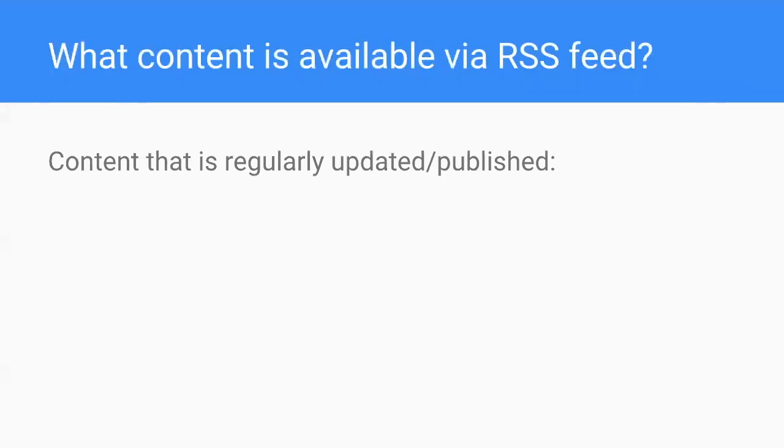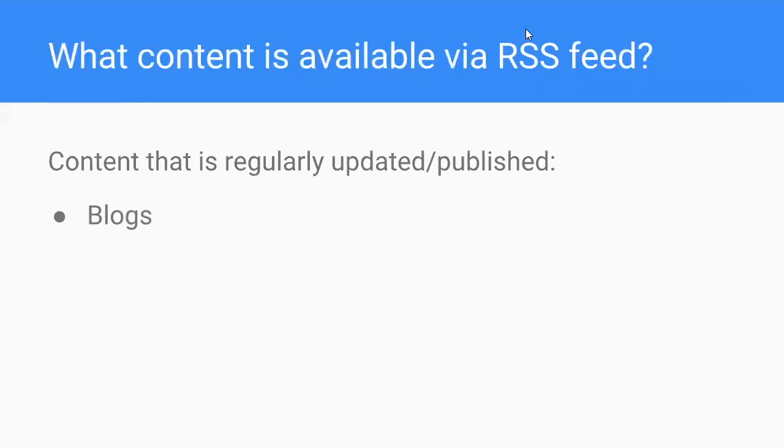So content that's regularly published are the kinds of things that we usually have available through RSS. Things like your magic thing doesn't. Because you went to the other screen, you have to. Dang it! Why doesn't it know what I want? I got it. I got it.